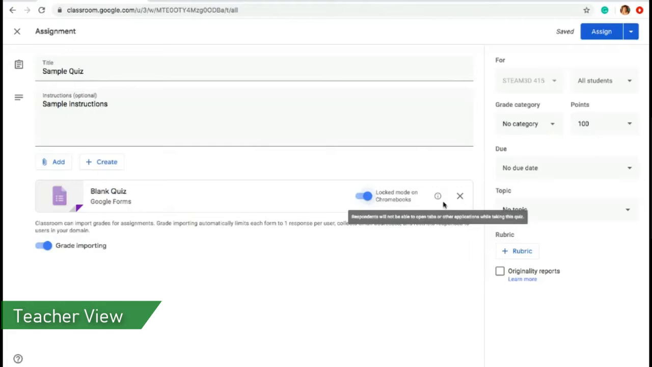Not necessarily ideal across the board because students will be accessing the quiz most likely from various types of hardware, not necessarily Chromebooks. But if you do know they're all on Chromebooks, this could be one feature that you might want to use. Then on the right-hand side, again, you can see that you'll stipulate who the quiz is for,